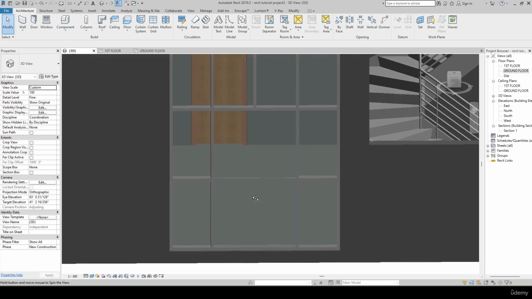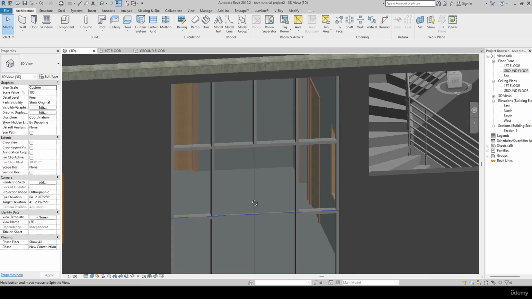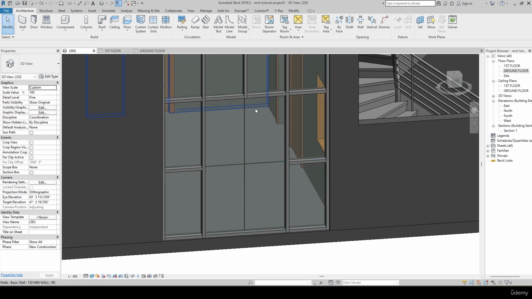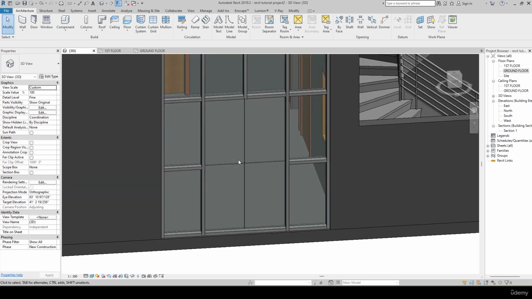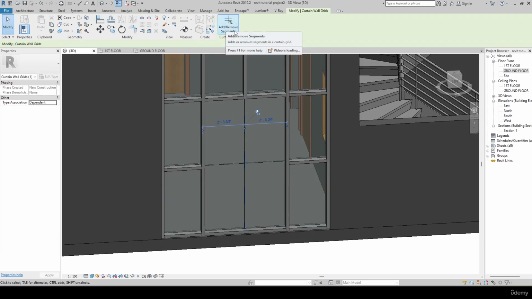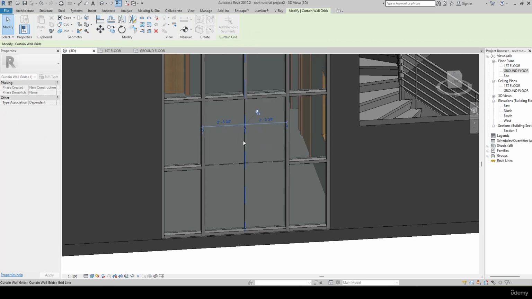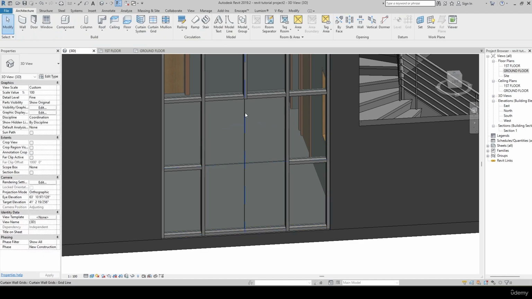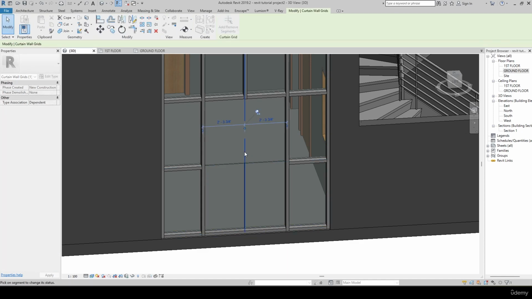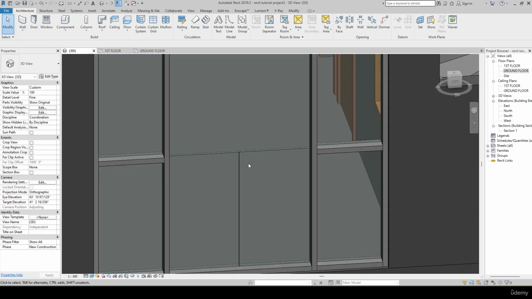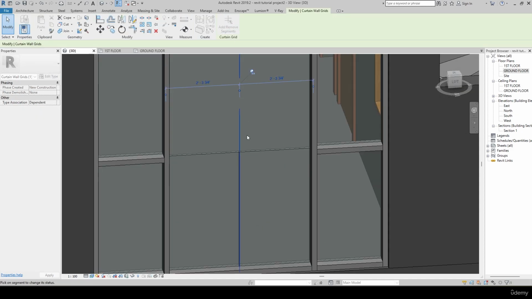So now I want to delete first. There's an option called add or remove segments. I want to remove the grid lines. I just want to make the entire area one single panel. So in order to do this, I'm selecting this way. Now I'm clicking this. I want to remove the segments in between here, or maybe the grids. I'm removing here, as well as, sorry, once again I'm selecting this, removing. Then again I'm selecting this, removing this. In the same way,